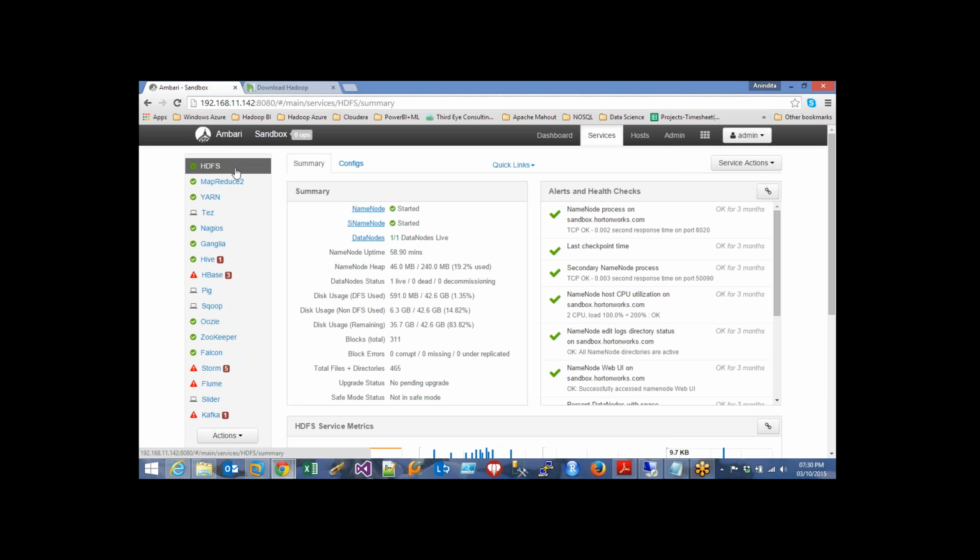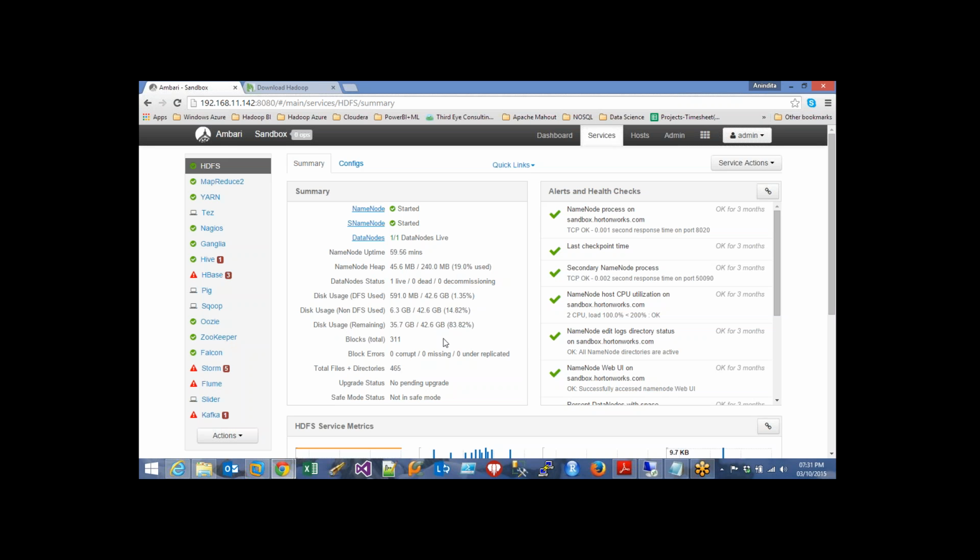So what I did, I just selected the service HDFS, and right now I'm able to see the summaries for different components of this HDFS, like the name node status, the secondary name node status, the data node status, the uptime for name node, that's from the last 1 hour it's just been powered on, the name node heap memory utilization, the data node status, like one data node is there, since it's a single node, it's live, no node has been decommissioned so far, the disk usage for the nodes,